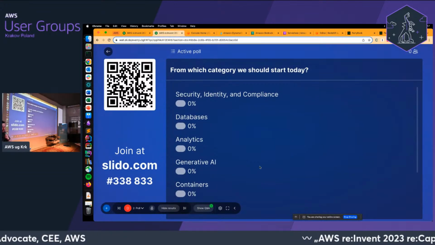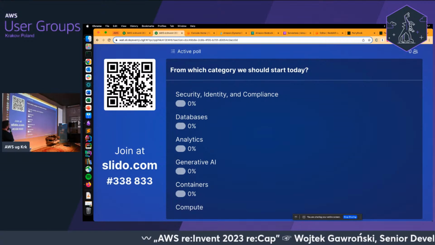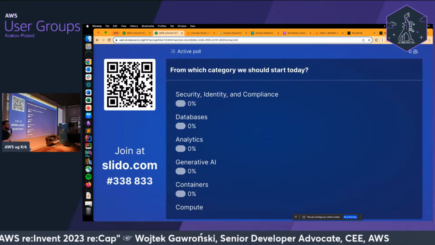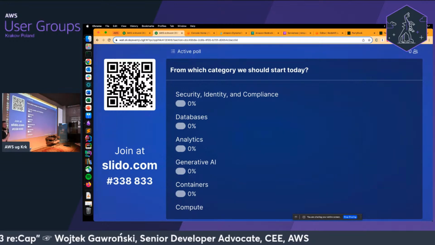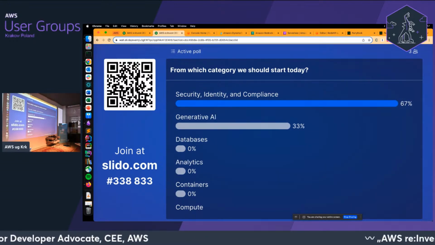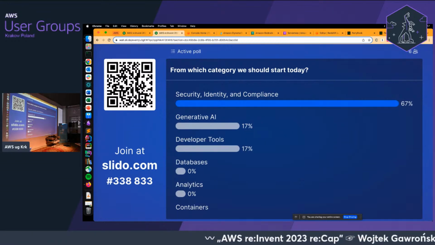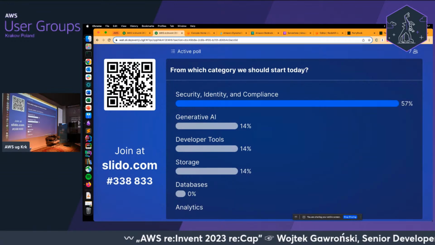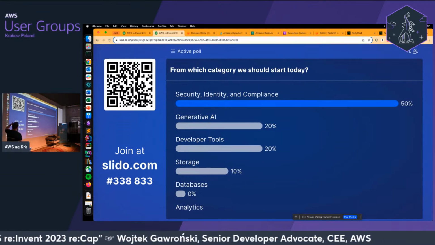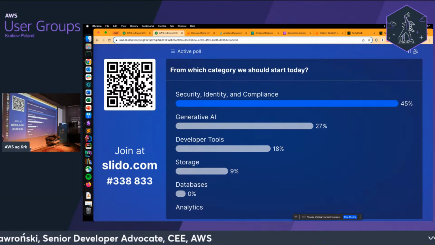So let's move to the second poll, and let's determine which category we should tackle first. You can vote under the same QR code on top of which category we will go to as the next step, which will be most interesting for you. I think I have an idea which one can win, especially that we talked about InfoSec, and there's IoT in the name. So let's give them one to two minutes to see in what topics you will be interested. And in the meantime, if you have any questions, feel free to shout out, not just post them on Slido. We can also talk in person.